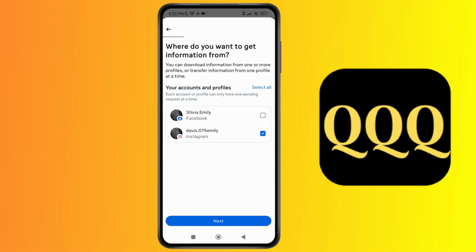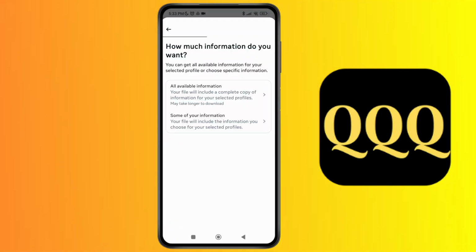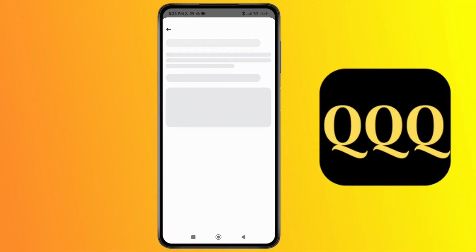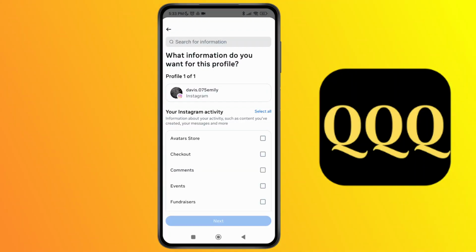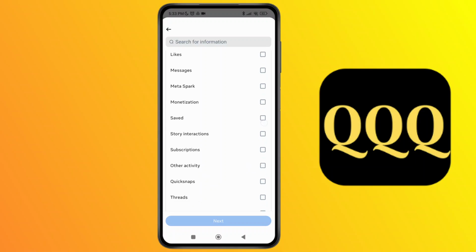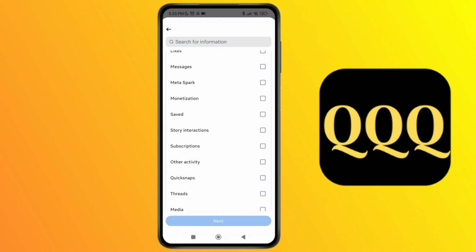Now tap on your profile, then tap on Next. So here you can just select some of your information, and as you do that you'll be able to select the photo over here. So you can just select the stories or you can just tap